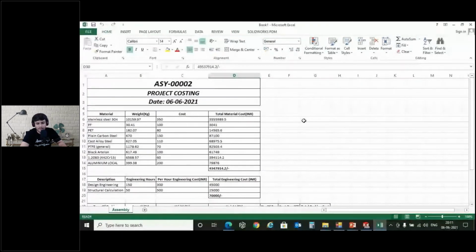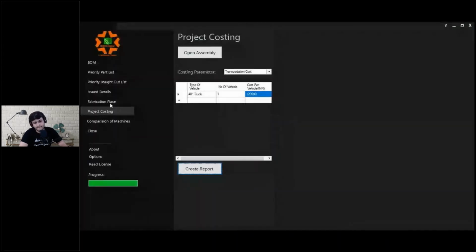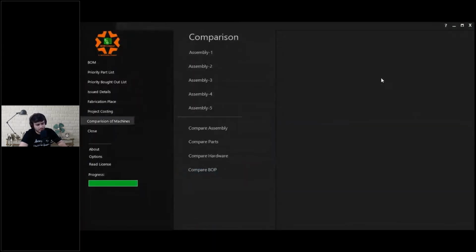One of the last features is comparison of machines. This feature comes in when I have multiple orders to handle, multiple projects to handle. I get 5, 6, 7 machines together. In a manufacturing company, they have a certain set of components common in the machines.